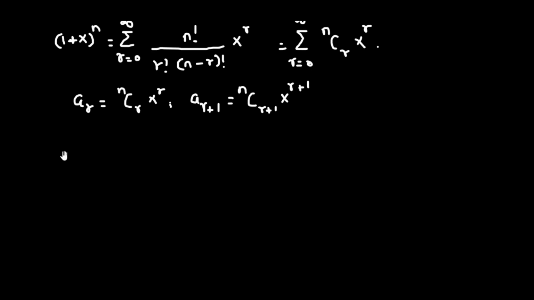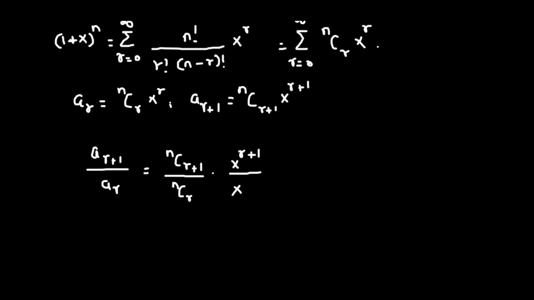Now we're going to divide a_(r+1) by a_r, which should give us nC(r+1) divided by nCr times x raised to the power r+1 divided by x raised to the power of r. Now we're going to expand nC(r+1), which is simply going to be n factorial divided by